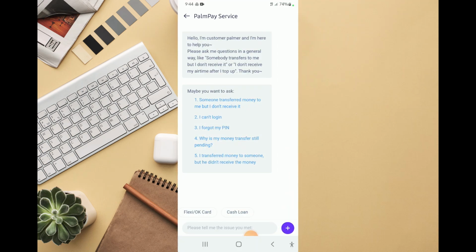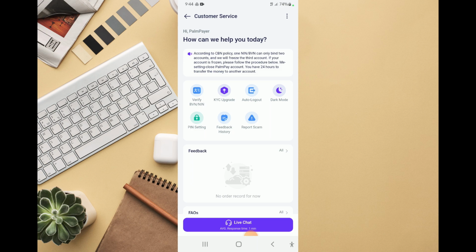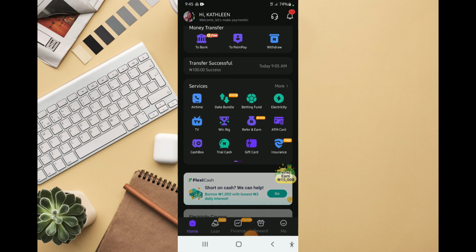Or you can walk in to their office. They have physical locations. You can walk into their office. You can also send them an email through support@palmpay.com. Their average response time is 24 hours, so it's going to take some time. Or